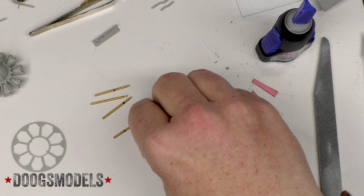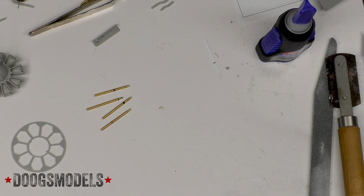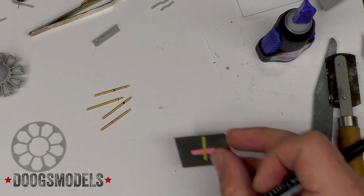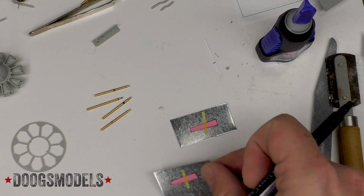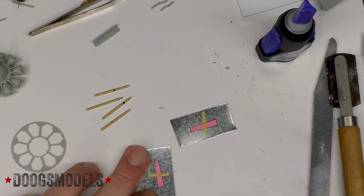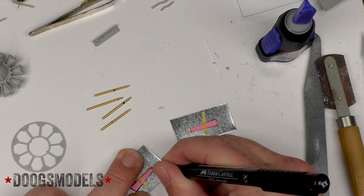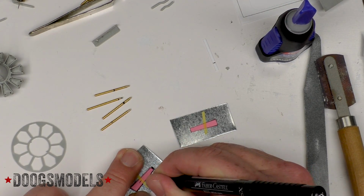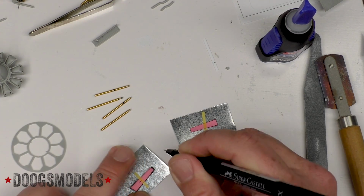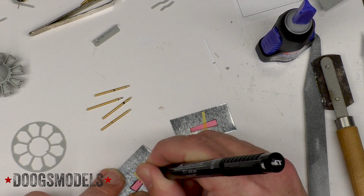Okay, we got some blast tubes to play with. The Dremel is low on batteries and needs to be charged, so in the meantime, let's go ahead and prepare the mounting sheets with this flashing. I've taken measurements of the space that the guns will occupy and where the blast tubes need to be able to sit